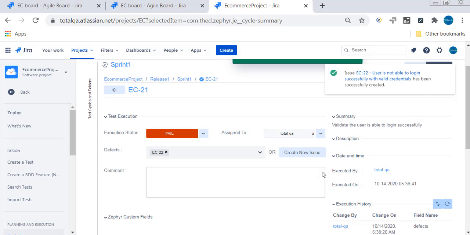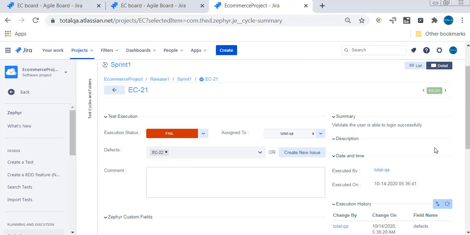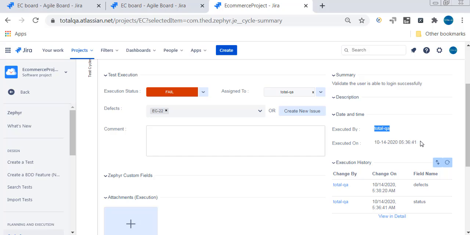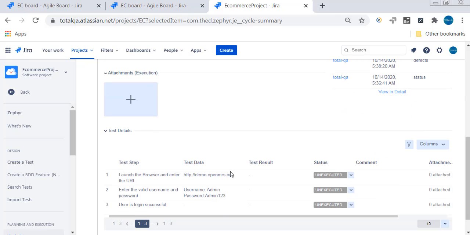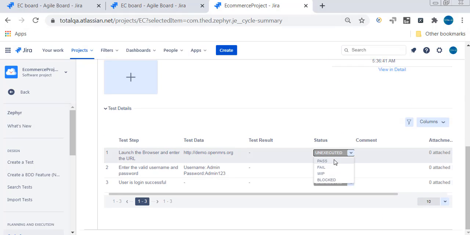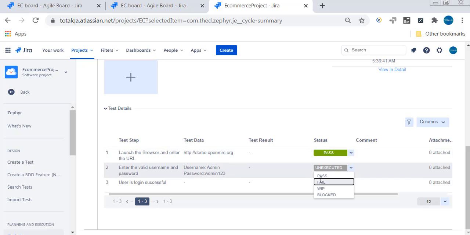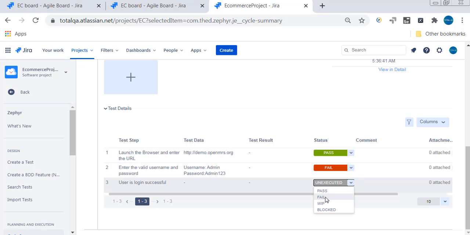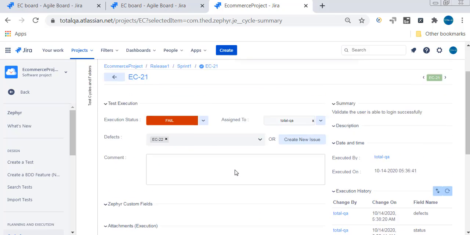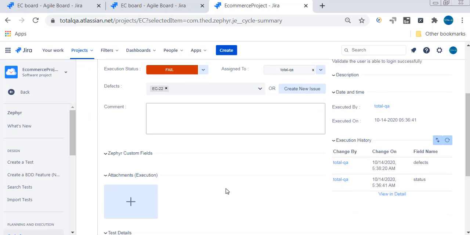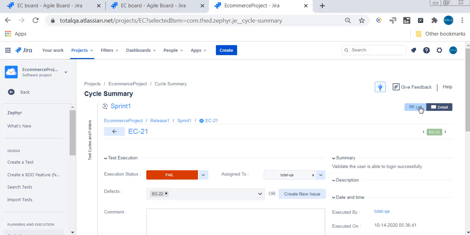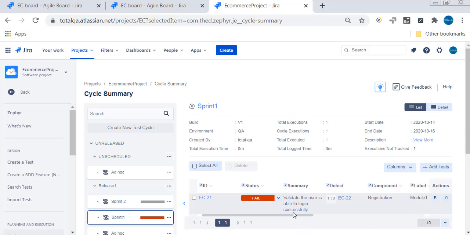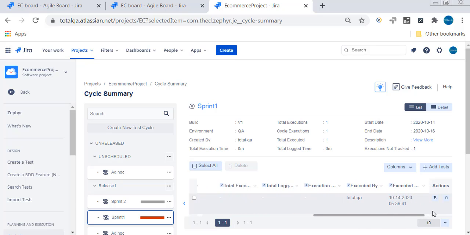because finally the test case has failed because of this defect. Also you can find all the information: executed by, executed on, the change history, the execution history, custom fields, test details. These are all the test details. You can even mark this one as pass, this one as fail, this one as fail, because the test steps also we have to mark as fail. The entire execution status is failed. Why? Because if you scroll down and see, the test details are failing. So this is how you execute the test cases. Then you go to list view to see that this test case is failing and all the columns are getting updated.